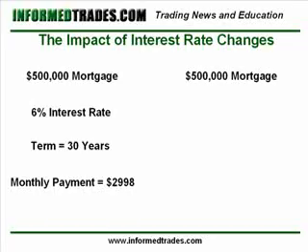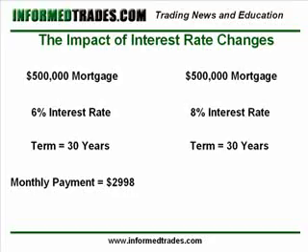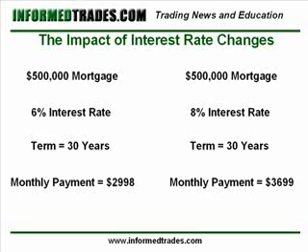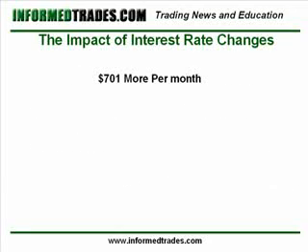Now let's take that same $500,000 mortgage, increase the interest rate to 8%, keep the term at 30 years, and the mortgage payment, with the only difference being the increase in interest rates from 6 to 8%, increases from $2,998 to $3,699. That's $701 more per month in terms of the payment on that same loan,